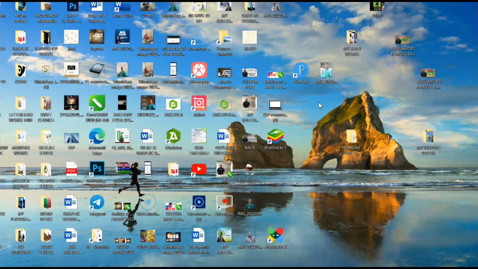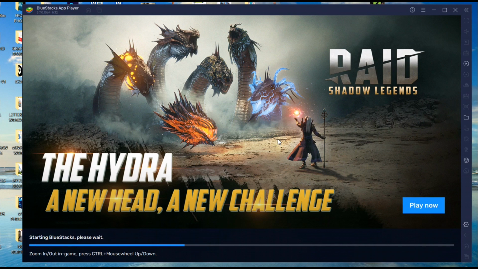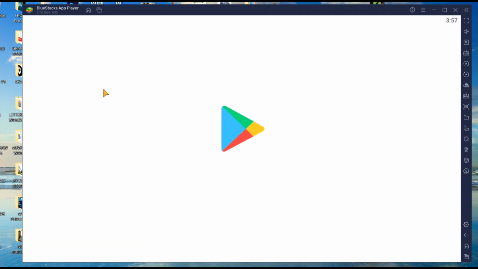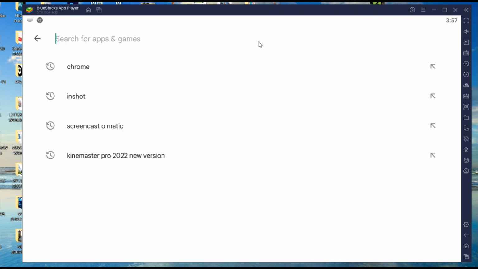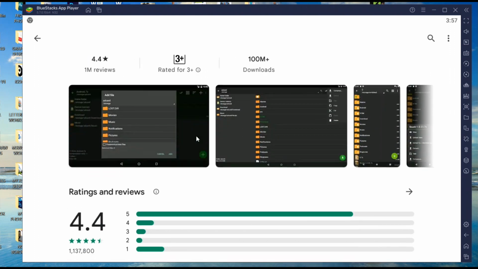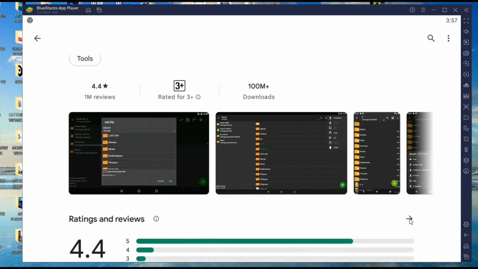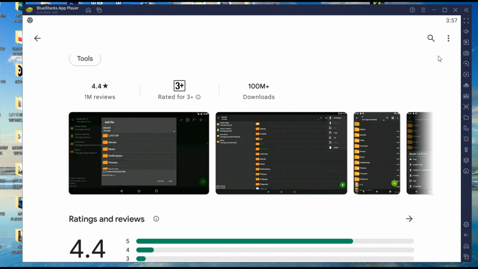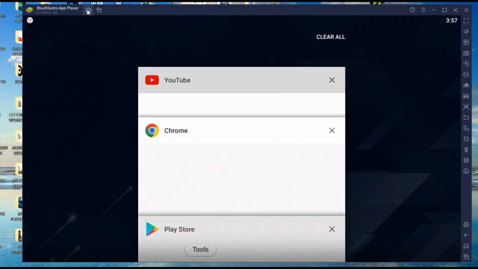The first thing to do is to go to Play Store to download Z-Archiver. We go to Play Store and we type in Z-Archiver. That's Z-Archiver. I already have it in my system, so we go for